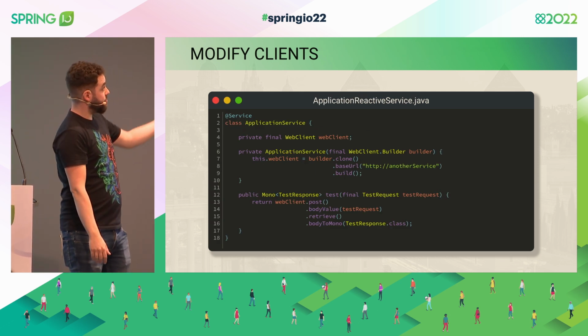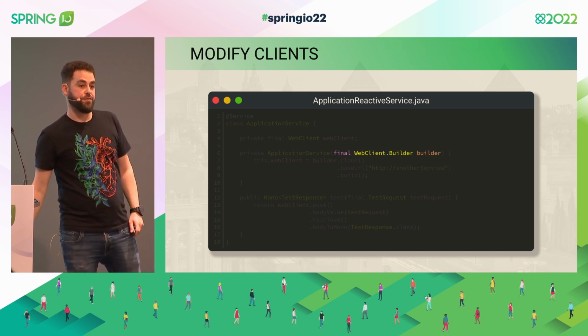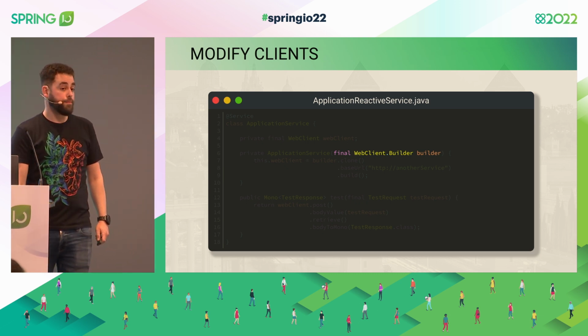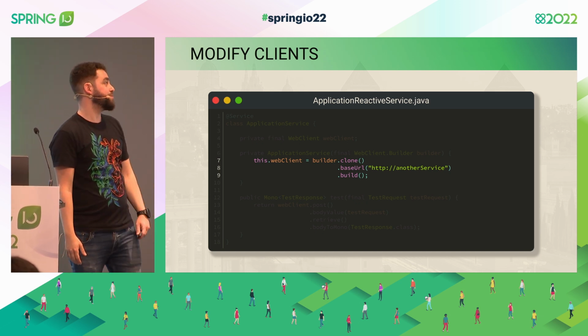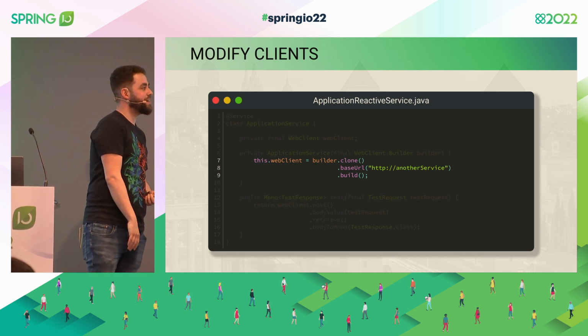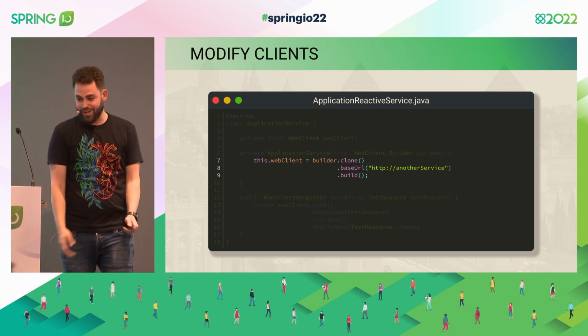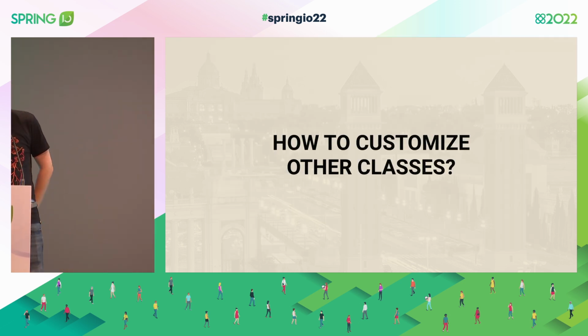So now it looks exactly the same. Same requirement. Just please inject the builder that is already provided for you from Spring Boot. We are modifying it, and then just do your call. Cloning is very important in this case because the builder doesn't create a new instance every time, as with REST template. Again, not because of our framework, just best practice. So I thought it was a good idea to put it there, just a reminder.